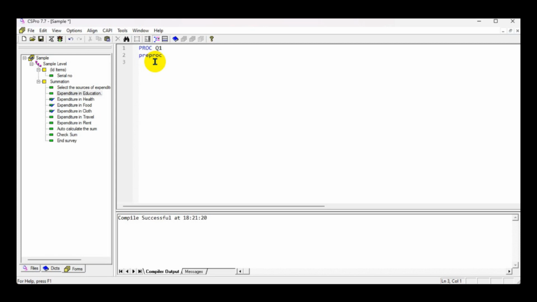Pre-proc is especially used when you are looking backward at conditions and then skipping this field. I mean, if you are going to skip this education field by looking backward at the first question, then you have to use pre-proc, and if pause,